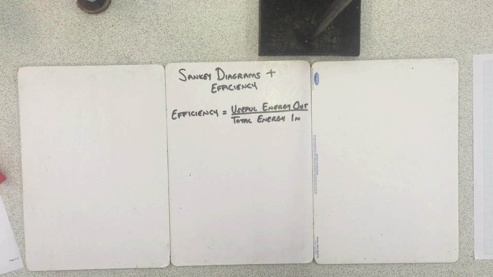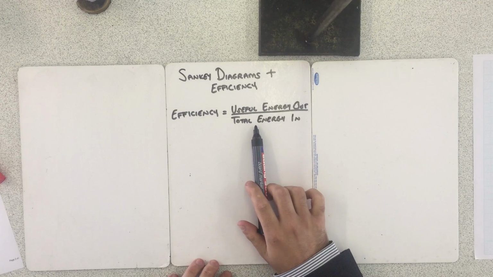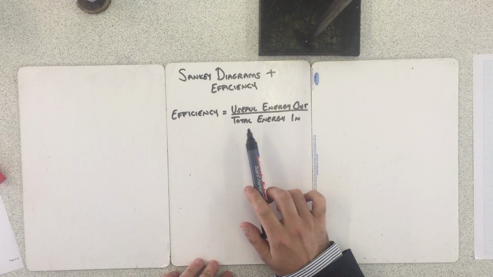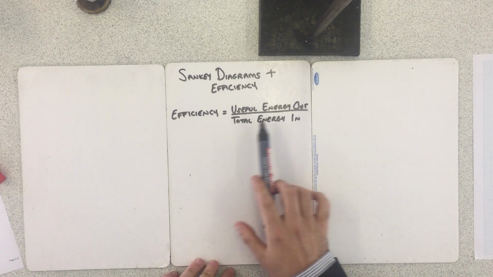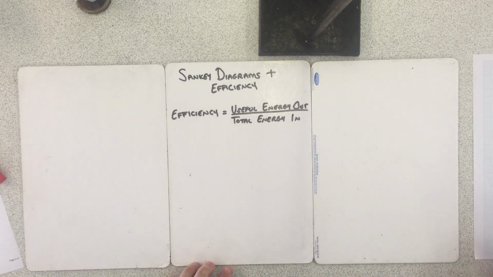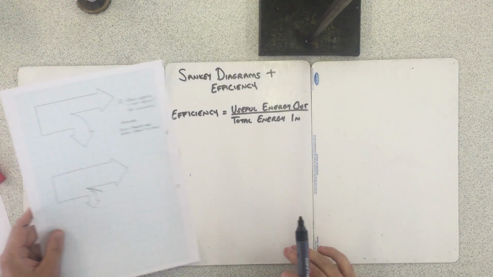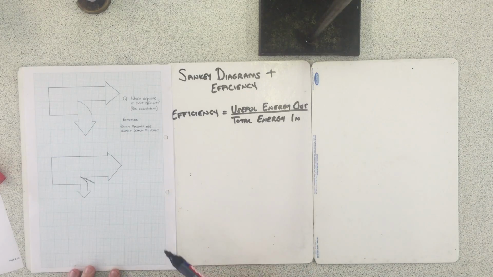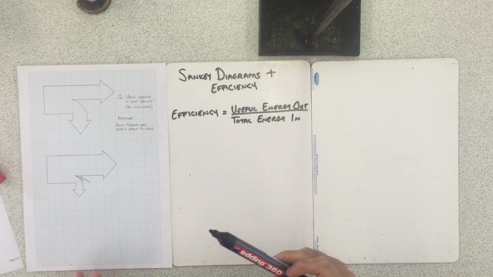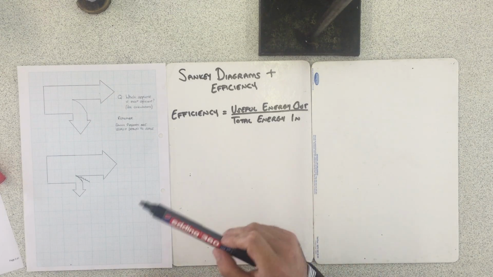Okay, we're going to have a look at efficiency and how this applies to Sankey diagrams. Now this equation you get on your equation sheet, it's one of the 4 or 5. Efficiency is useful energy out over total energy in. Now what I've done here is drawn 2 different Sankey diagrams. I've seen a few questions where they get you to look at 2 different Sankey diagrams and say which one